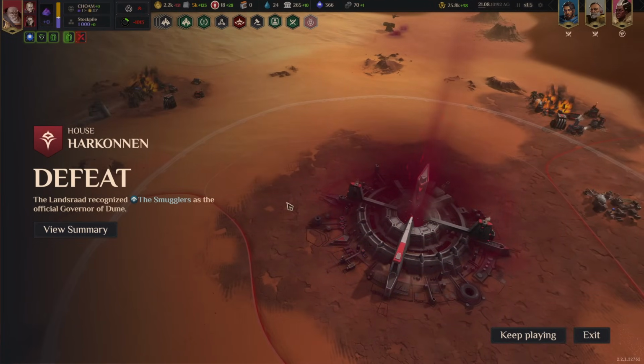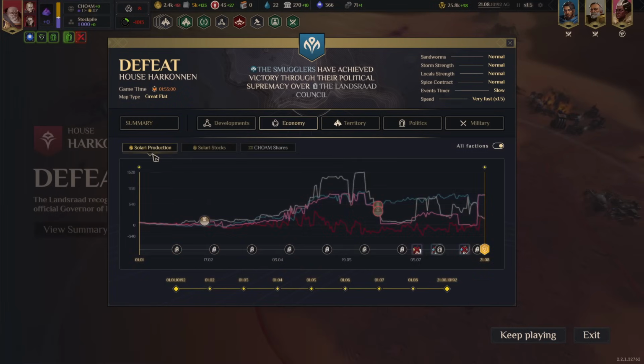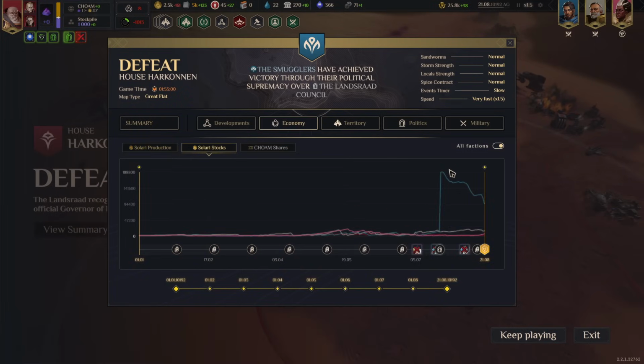Oh, man. I was really surprised with his bank there. The amount of mercenaries he went through was just gargantuan. I mean, Solari stocks. How did he go? What happened that he went from 1,200 Solari to 188,000 Solari? What the F is this? Is that a bug, or was there some sort of...